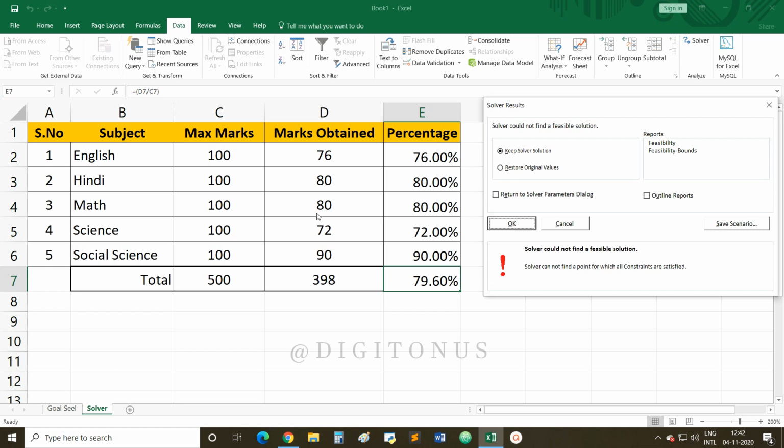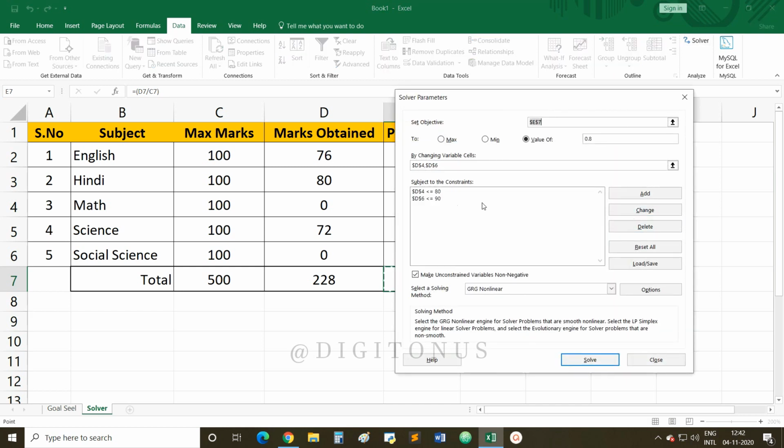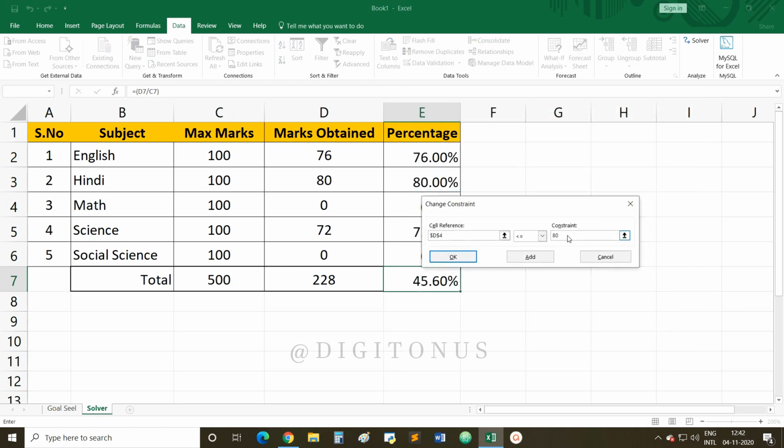But if it is giving 80 and 90 marks to me, this particular percentage is not achieved. So that's why the solver has given an error message here that solver cannot find a point for which all the constraints are satisfied. So what I am doing, I am clicking on this cancel button, returning to the original. Again go to the solver. Now in maths, I am changing it to, suppose, 88.